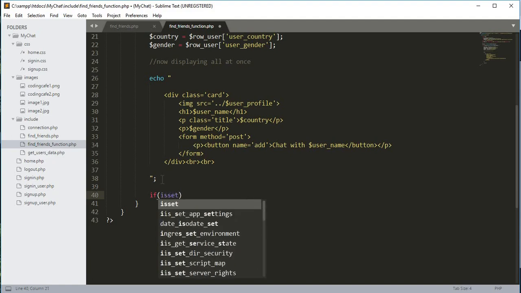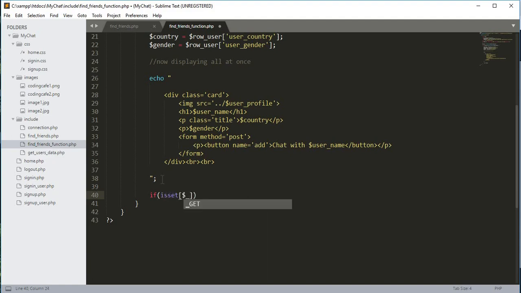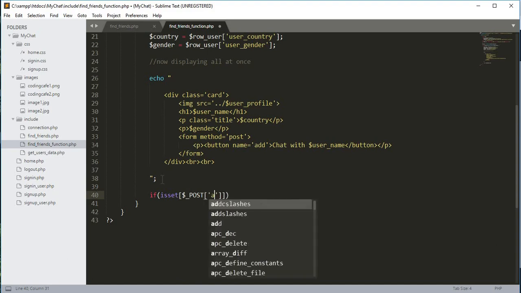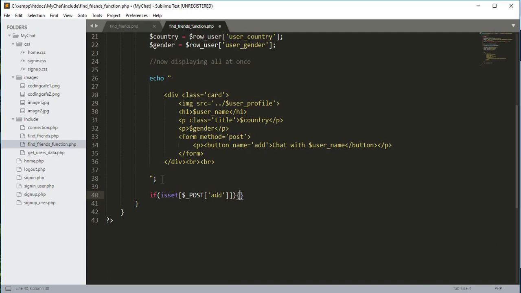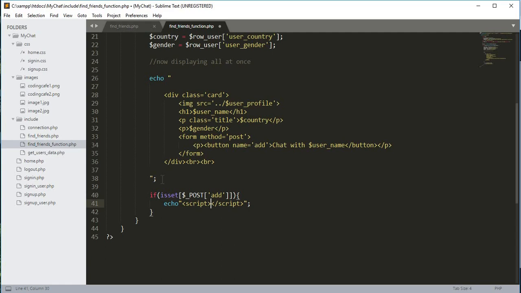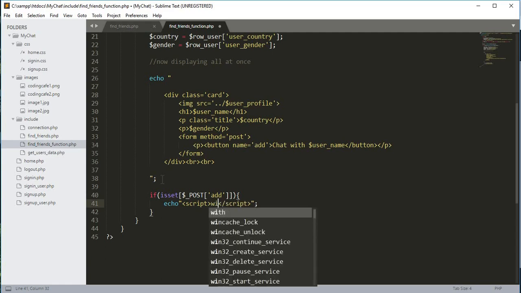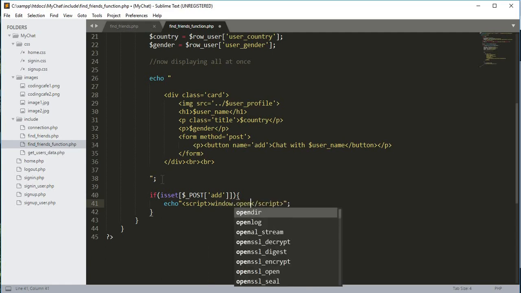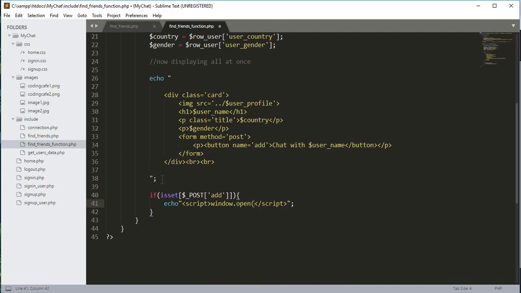If isset $_POST, and then if the add button is clicked, then we will echo, and inside this echo tag we will open up a script tag, close that script tag, and then we will type window.open, then brackets,